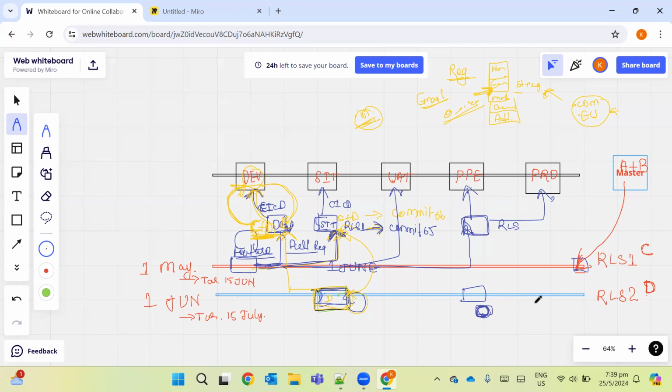Okay, it has only D code. It has not D only. It has A, B, and D. And it has the release 1 branch. We have A plus B plus C. So once this code is deployed on production, once all the